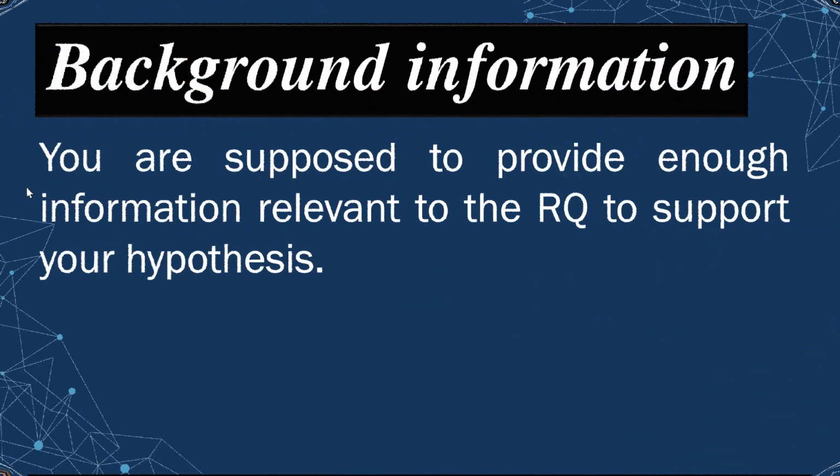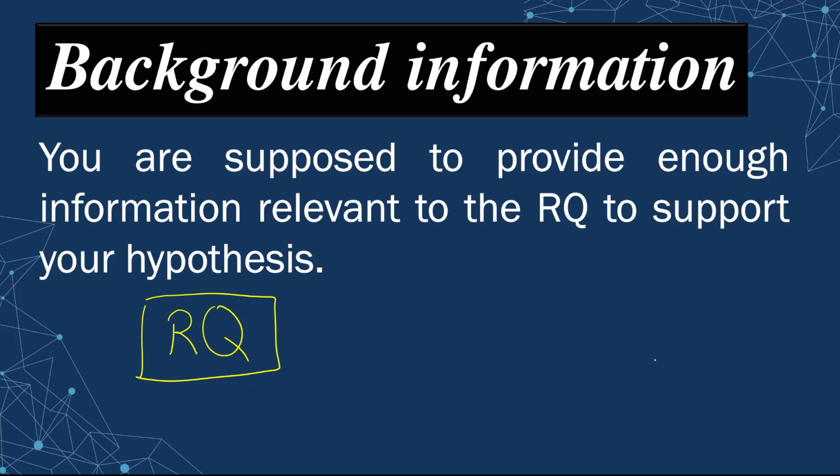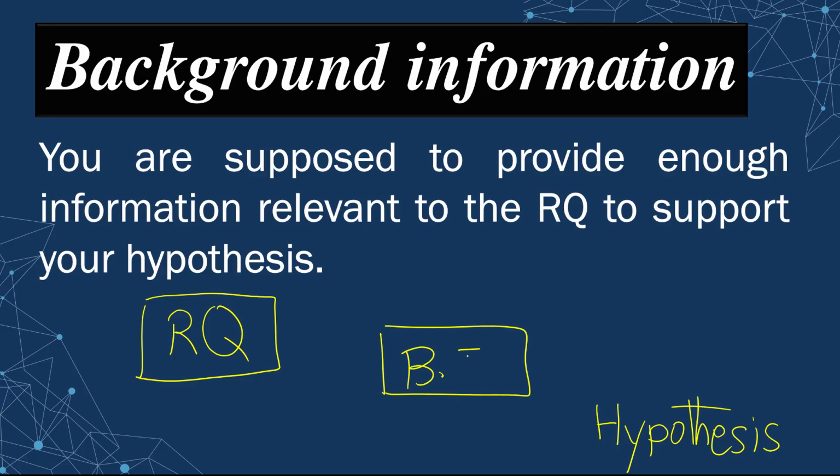Let's go. In background information, you are supposed to provide enough information relevant to the research question to support your hypothesis. Your IA starts with a research question, and then you will have an answer to your research question at the beginning. It is called hypothesis. Hypothesis is an educated guess as an answer to your research question. The reason for the background information is exactly to support the hypothesis, so it must be highly relevant to